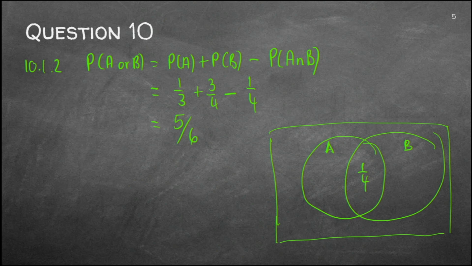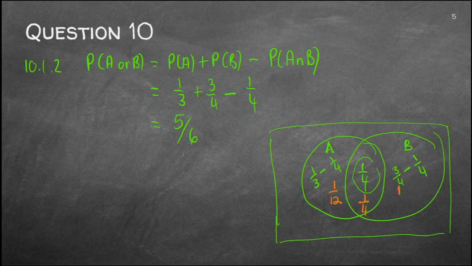So that third we have of the probability of A would actually be a third minus the quarter. Remember, the overlap section must be subtracted. And on this side, I would have 3/4 minus 1/4 as well. So if I calculate that, I will get 1/12,